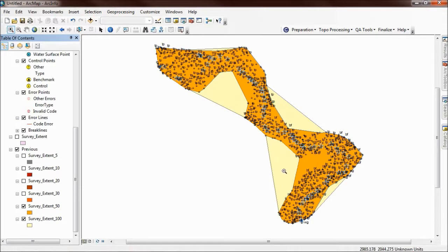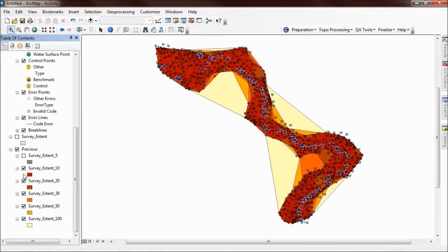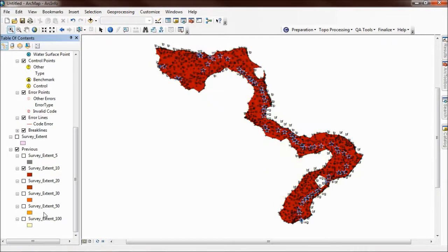These meanders are now not cut off, and the polygon is starting to work its way into these meanders. So there's 30 meters. You see it's nicely getting in there. 20 meters. This is the one I ran before. 10 meters. So I'm just going to turn them all off except 10. So 10 does the best job of capturing these meander bends, but you'll notice what it's done here is there